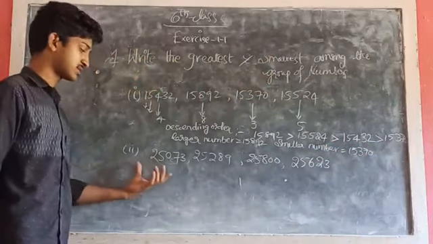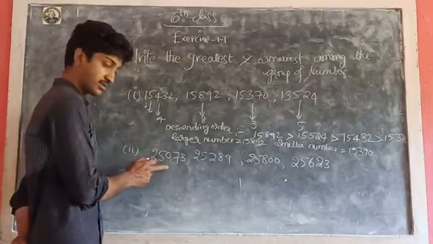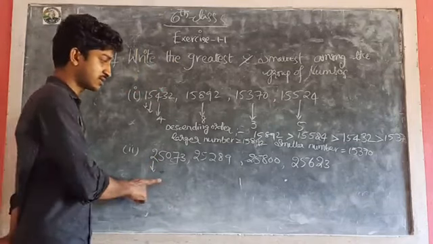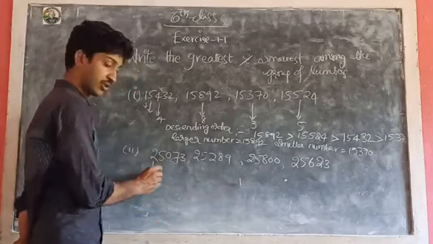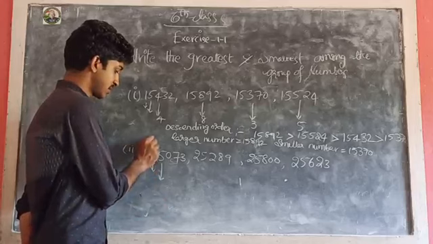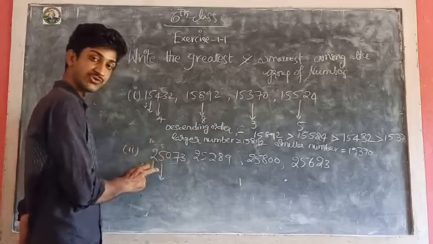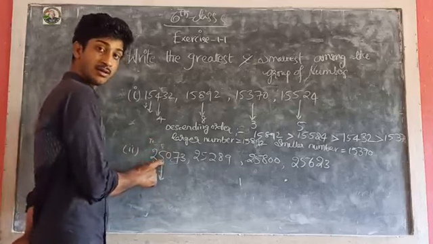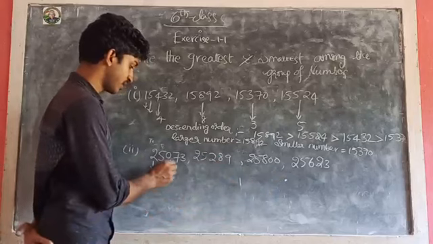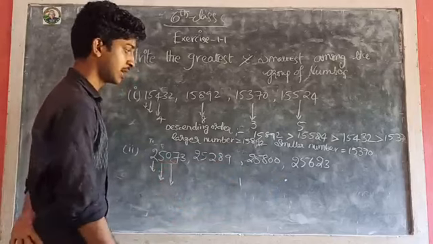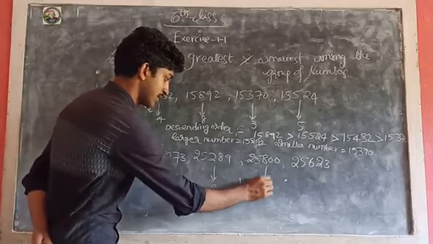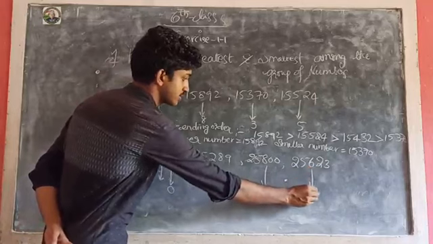Okay children, and the next problem. See here, in this problem the first number is the same. The first number is common for all the numbers in the series, and I am going to the next digit. It is the 10,000 place, and then the 1,000 place. In this 1,000 place, the place value is common. The place value is the same for all four numbers. I am going to the next digit. Here the next digit is changing, so I am writing here 2, here 8, and here 6.